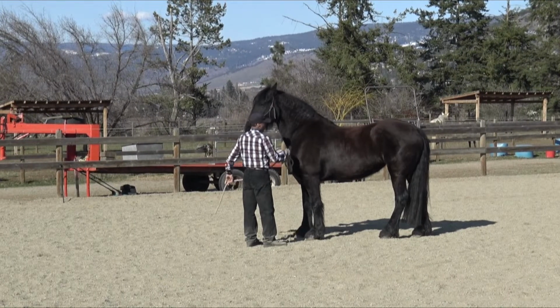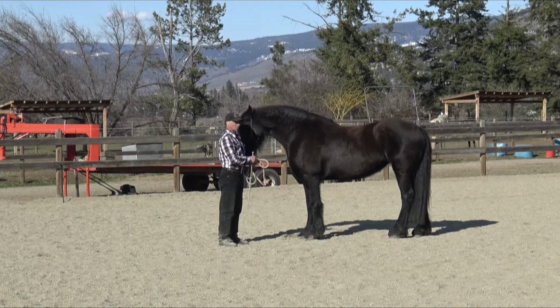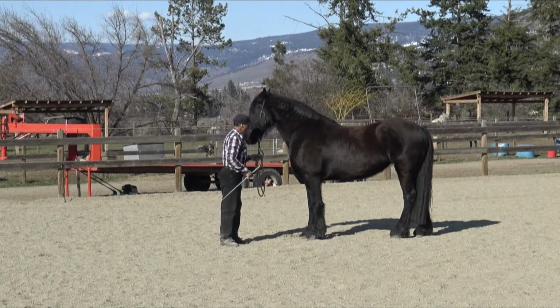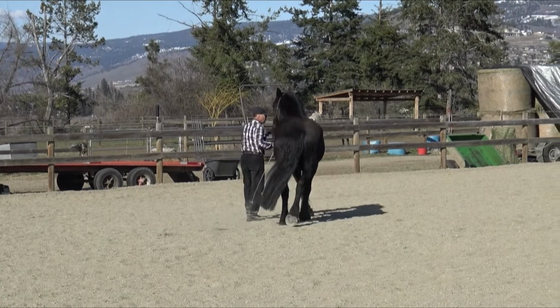All right? So what I'm going to do now is I'm going to do the shoulder in on the circle and move it towards the rail, then I'll take it on a short straight. All right? So what I'll do is I'll move her over, head, shoulder, forward,